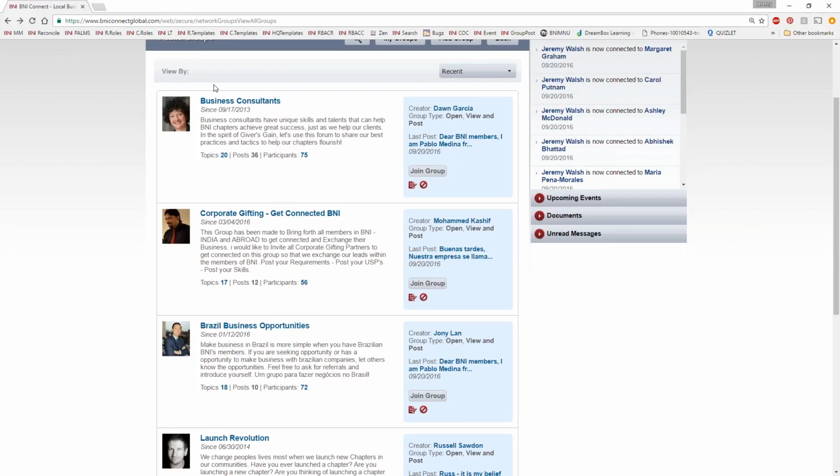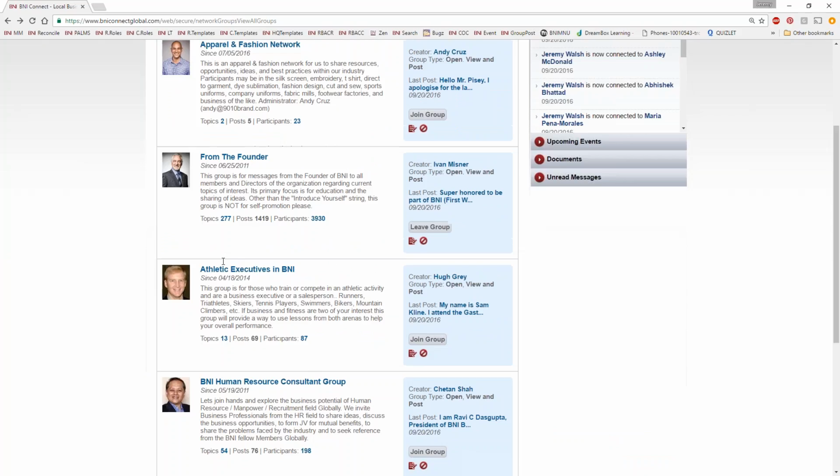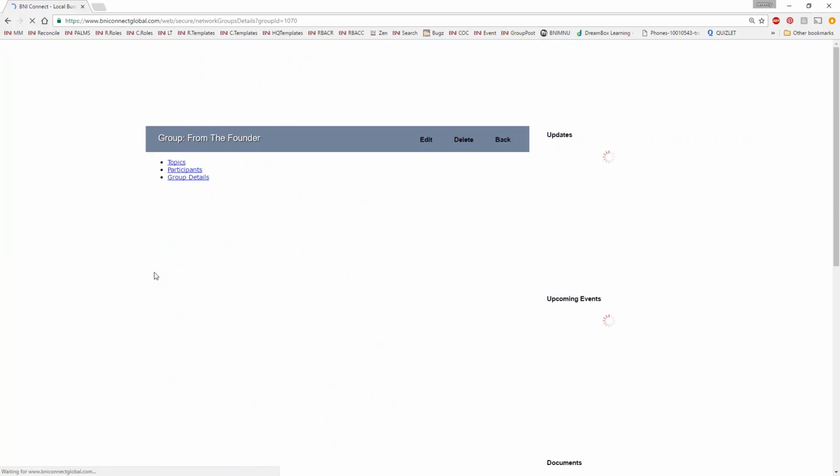If you want to participate in one of these groups, meaning you want to get the notifications and be able to converse with the other people in the group, just click on Join Group. Once you do that, you will start getting the notifications about that group as well. Once you're a member of that group, like I'm a member of the From the Founder group,